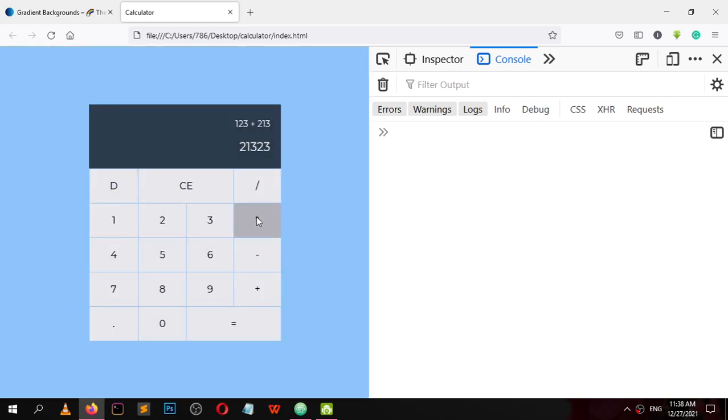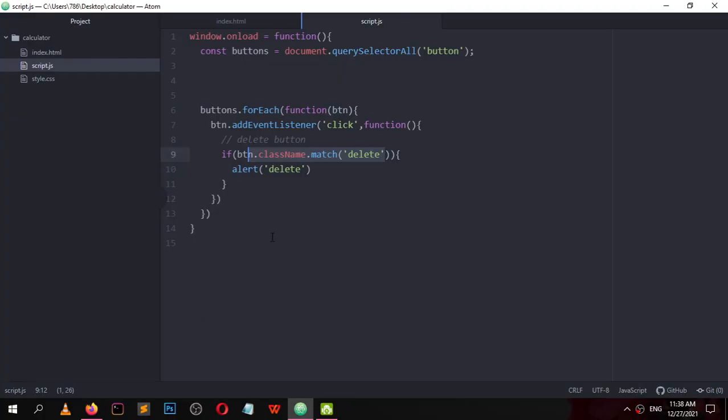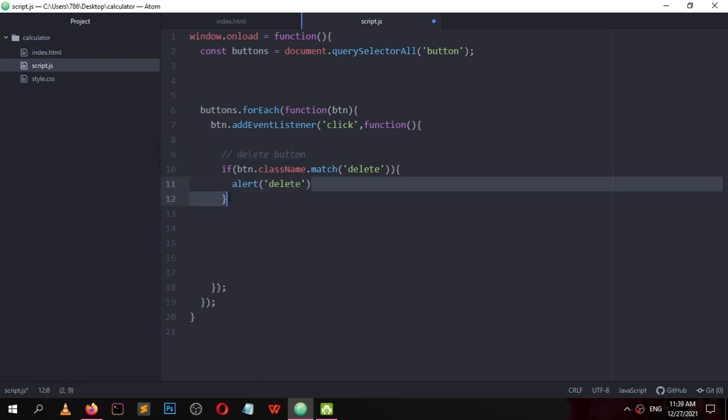No other button is working right now, so keep it like this and move on to the next button. We have checked for the delete button. If the button has delete, we will do something here.